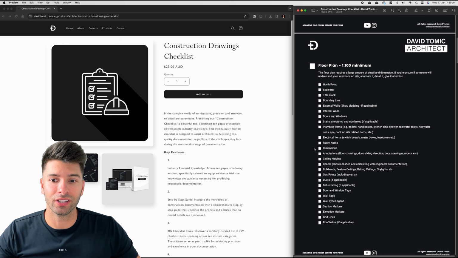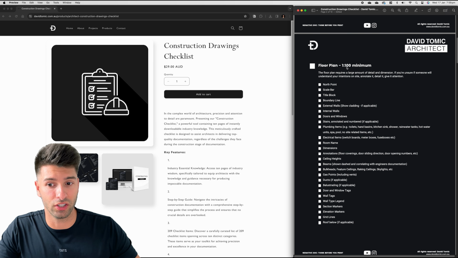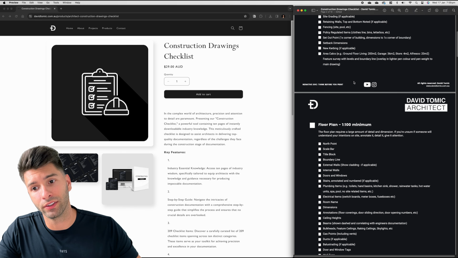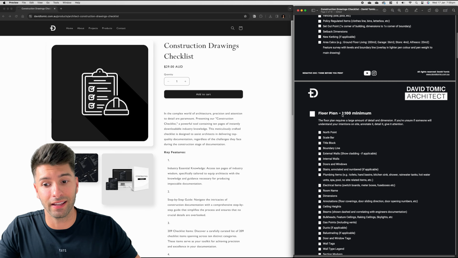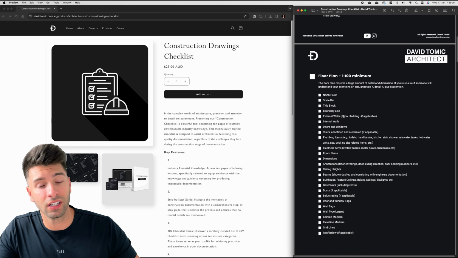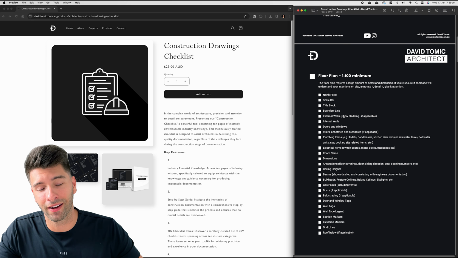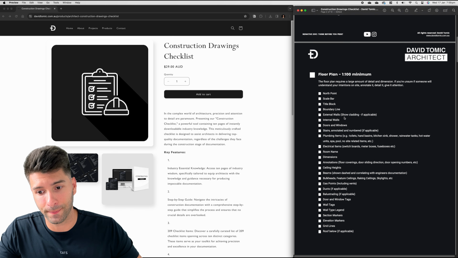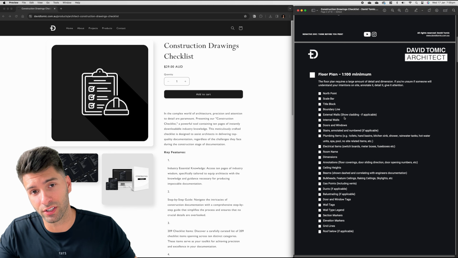Moving down the page, you're going to see the floor plan. Now, one thing you'll notice is the scale has actually changed. The floor plan is a minimum 1 to 100, whereas the site plan was a minimum 1 to 200. Now, this is in metric units, of course. It is not in imperial, so 1 to 100 may be completely different in your America, but you can convert that quite easily. On the floor plan, you're going to need a little bit more information than what you showed on the site plan,